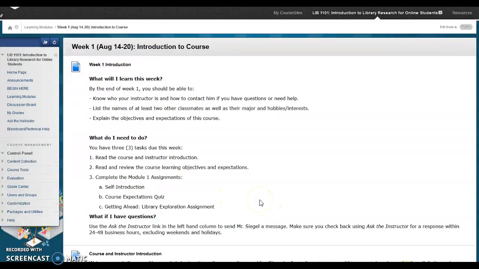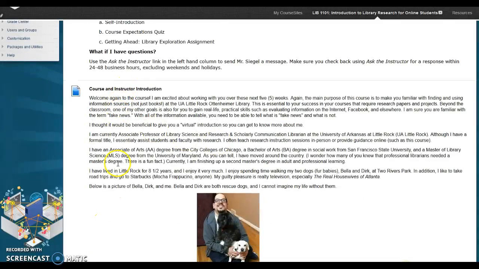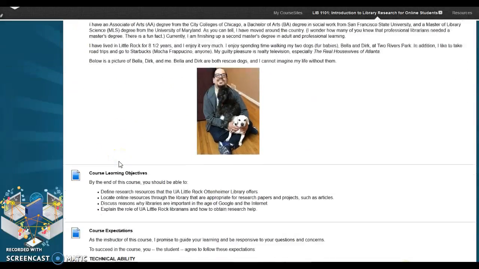So for this week, the learning objectives are to know who the instructor is and how to get a hold of me, and list the names of 2 other classmates and hobbies or interests, and explain the objectives and expectations of the course. I then provide a brief introduction about myself,